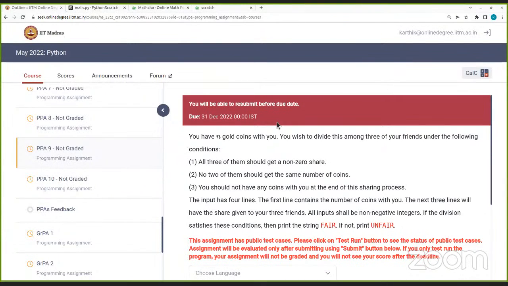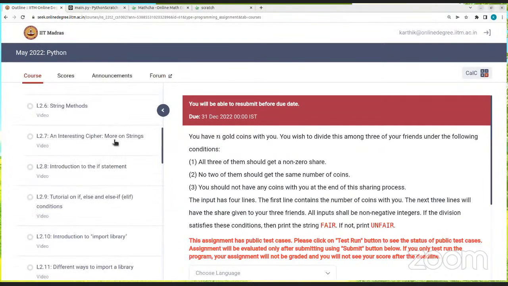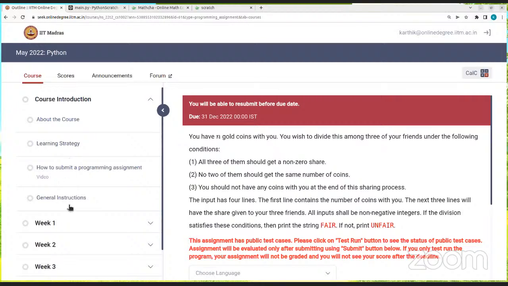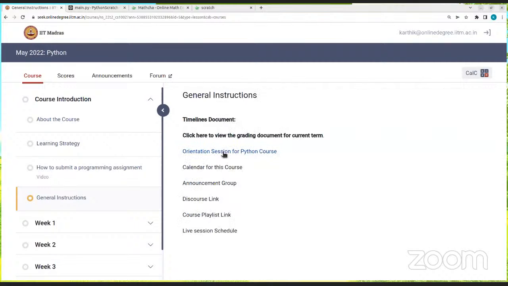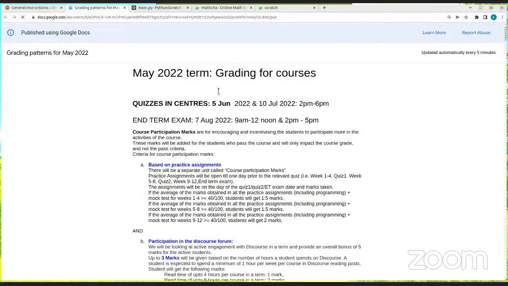Sir, is there any tentative date of the OPPE? I have done the PPA 10. The date should be here, right? If you look at general instructions, the announcement is also there, sir. I think we have the grading document,